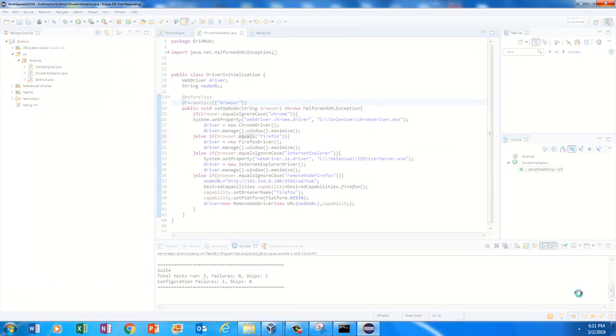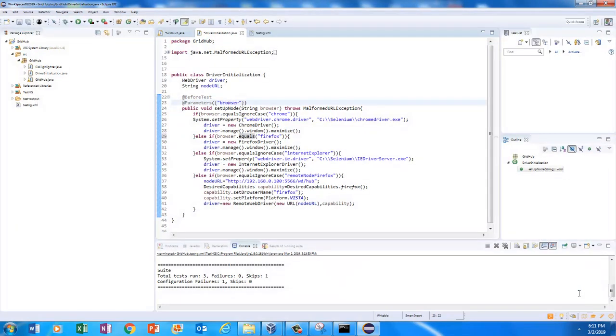Otherwise, you'll see in the else if block, if my browser is remote node Firefox, can you see the name remote node? First of all this Chrome, and then this Firefox, and then this Internet Explorer, and then this remote node Firefox. Just notice this one. If the browser is remote node Firefox, then we are giving the node URL equal to